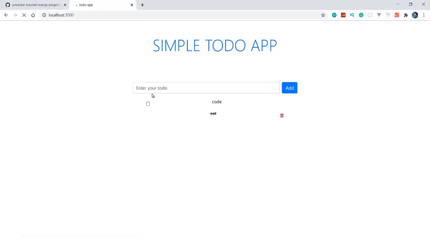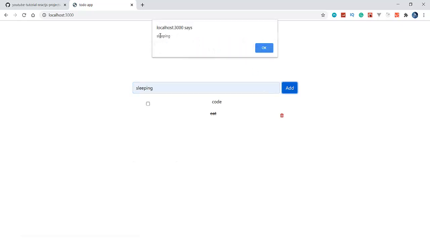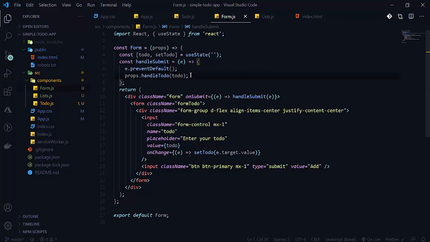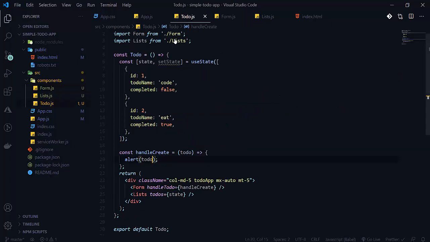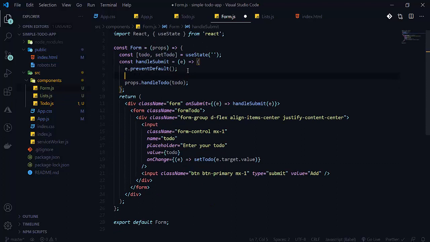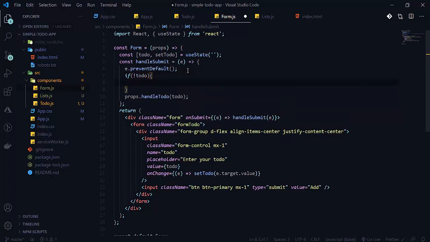Now we have passed a todo here. So let's write our logic here. So we will validate here: if not todo, which means if its value is empty here, then we will alert please fill the field, please add todo first.